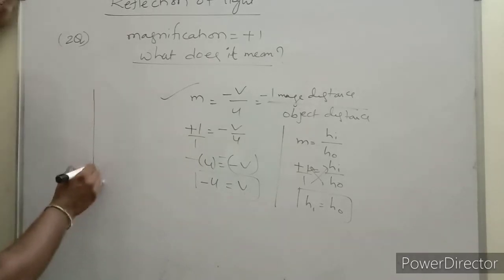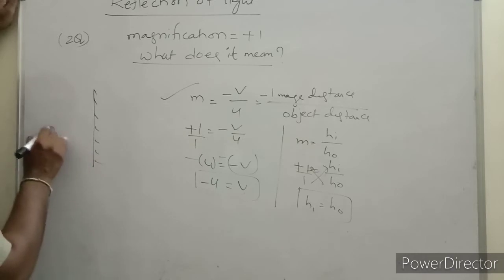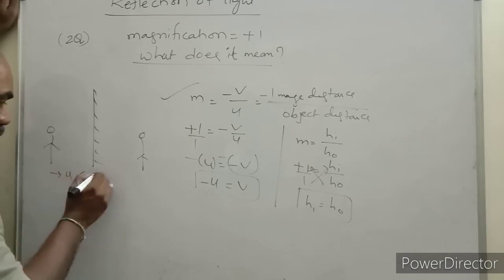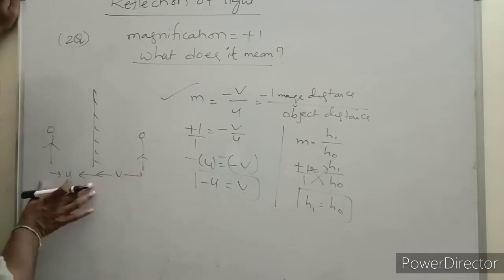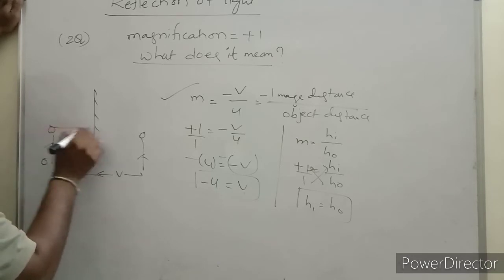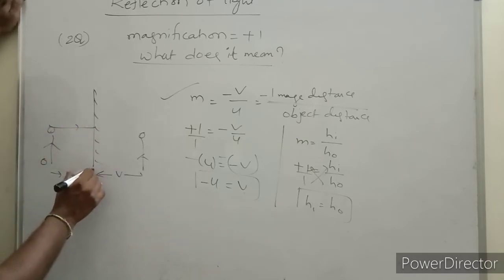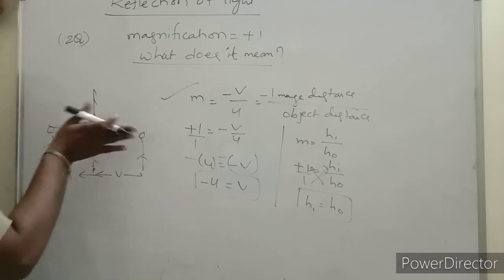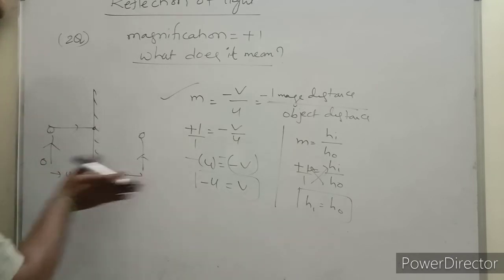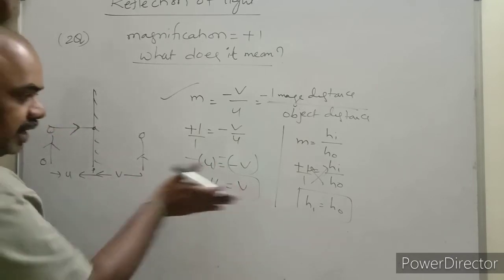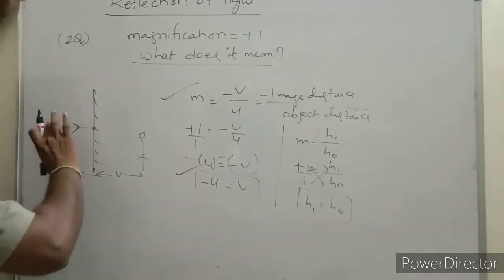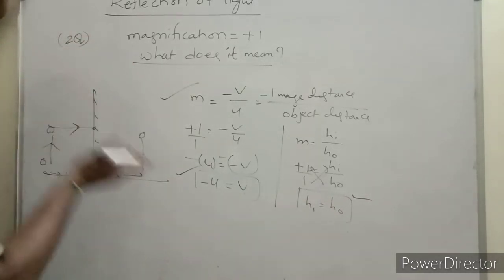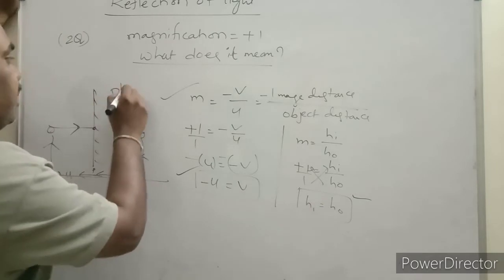We will check the plane mirror. So this is a plane mirror. If you are here, your image will be here. The object distance from the pole is equal to the image distance from the pole. Both are equal. This is the object and the incident ray. Measuring from the pole, the geometrical midpoint, U is measured from right to left, compared with the parallel incident ray, so U is negative. V is positive. This condition is satisfied. Height of the image equal to height of the object: this condition is also satisfied. Both are above the principal axis. So it is a plane mirror.